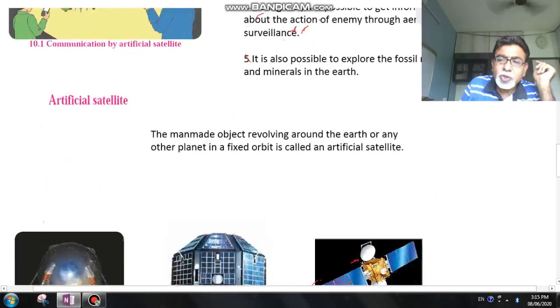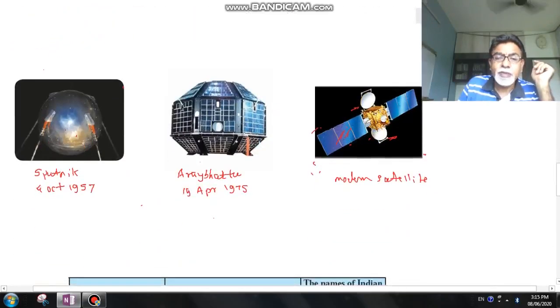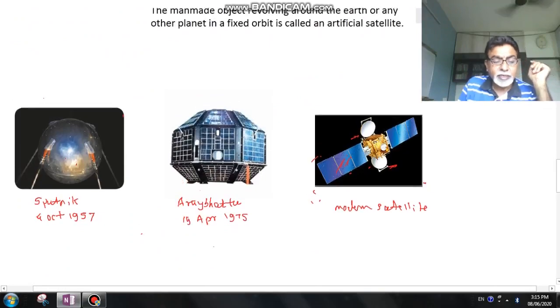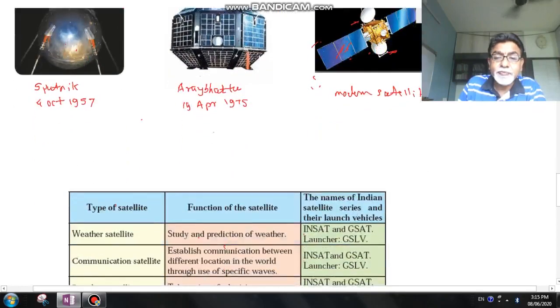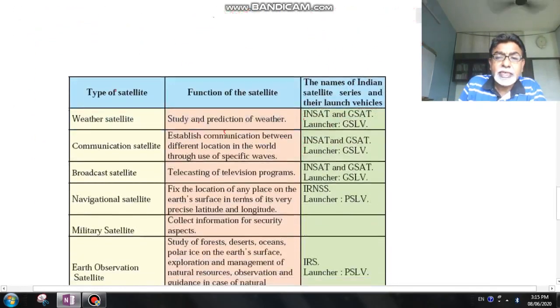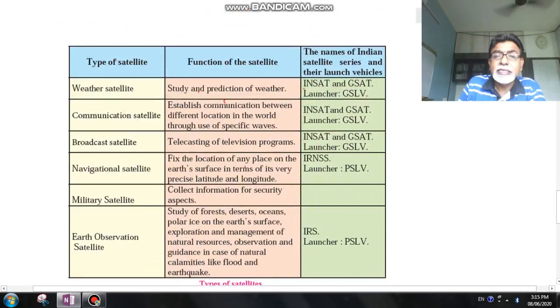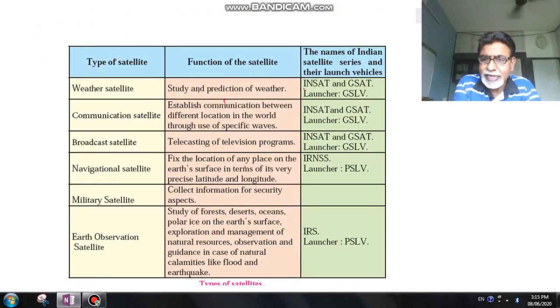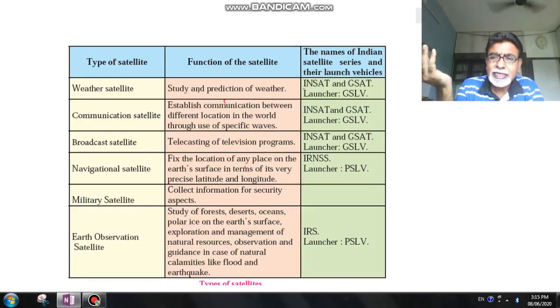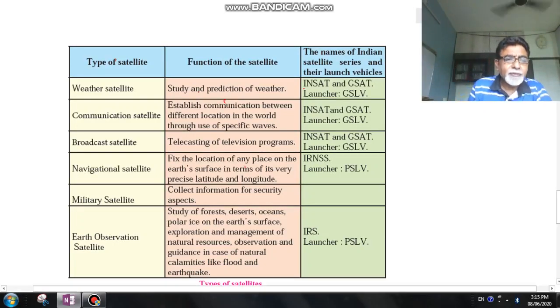And thus we should know the different types of satellites. We are going to discuss different types of satellites and their functions, and the names of this Indian satellite series. We are not going to discuss the satellites of the other countries. We are interested in our country only. Okay. So for what purpose the satellites are carried out, according to that, their types are there. And look at here, the first one is